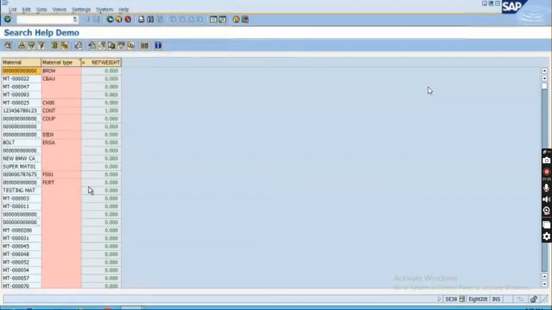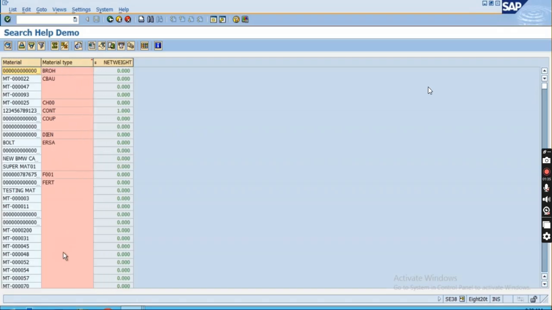Activate this one and press F8. Run it, and this time you can see it is getting sorted automatically. You don't have to do anything. It is sorted. Now what I want to do is